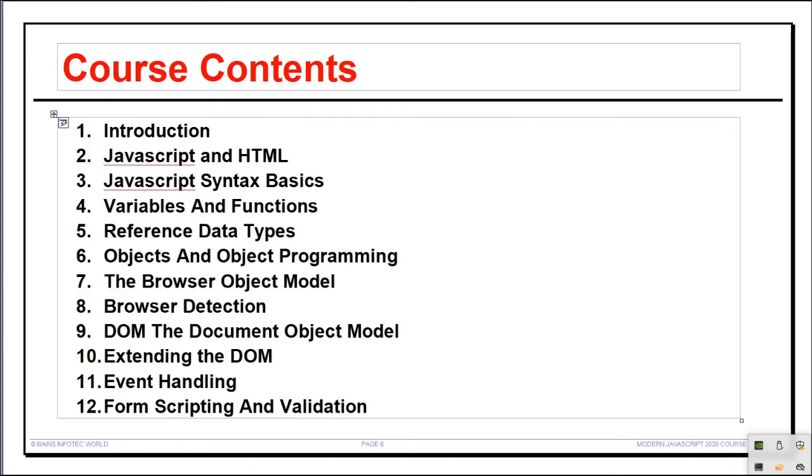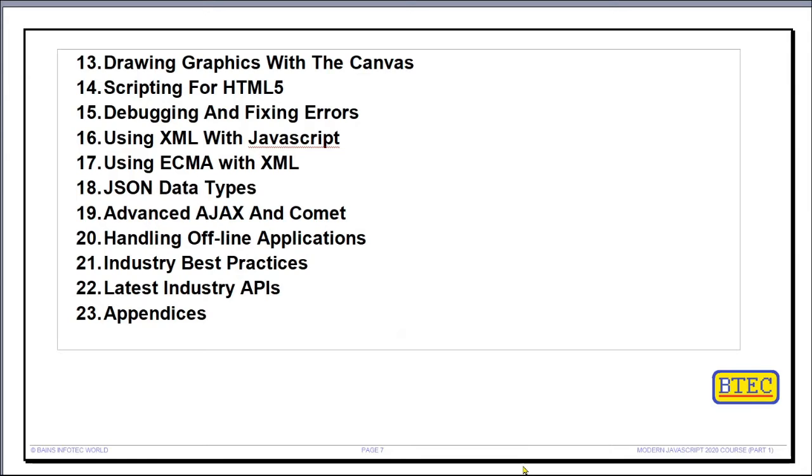Event handling in JavaScript, writing JavaScript with forms and using them for validation. Next will be drawing graphics with the canvas in JavaScript, scripting JavaScript for HTML5 in particular, and debugging and fixing